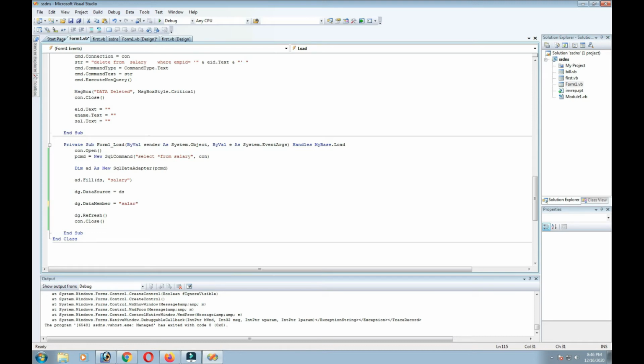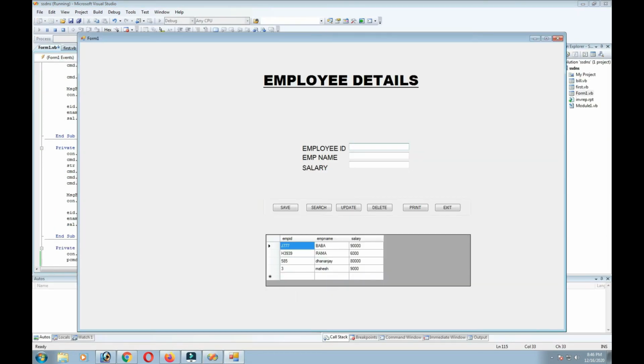And it will display all the records from the table. Here you have to observe how the values are modified, and whatever you do with delete, and any manipulation you want, you can modify in the table through the data grid. In the next part we will see how to do that in the data grid itself. You can modify and also delete. How to do that, we will see in the next part.